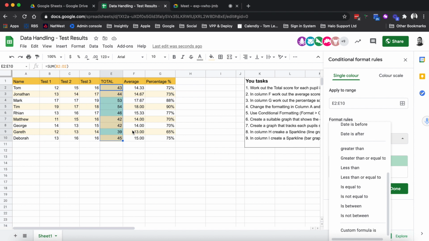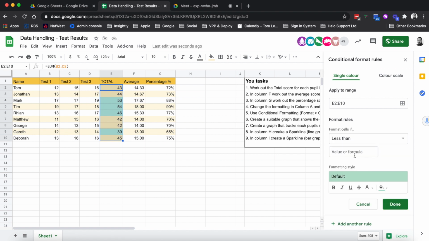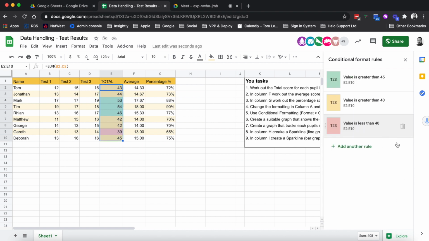But in Google Sheets, if you've got one condition above the other one, then it doesn't matter that they conflict in terms of what they're saying. The one higher up the list is the one that's going to take priority. And for my last formula, I'm going to say less than. Now, if I said less than 40, which quite a lot of people would choose, if I just go to choose red here, now it's going to work here, but there is a mistake, and it's just something to remember. It's surprising how much you see this